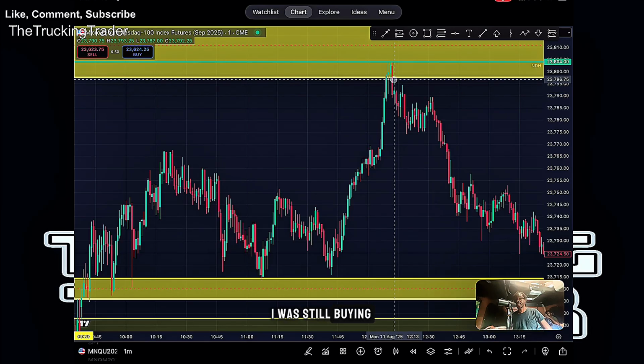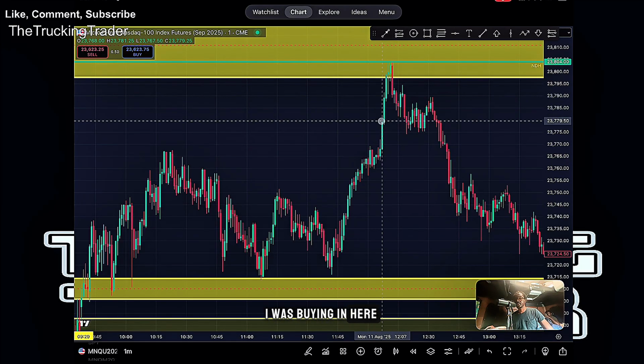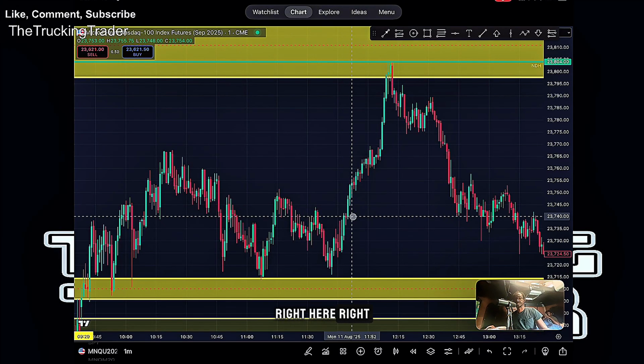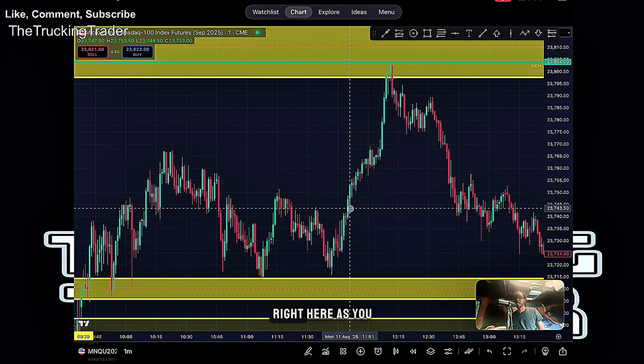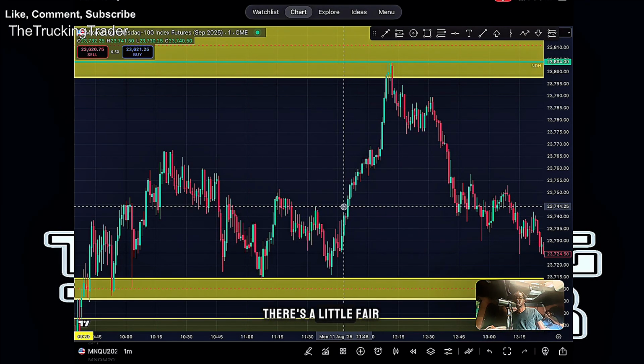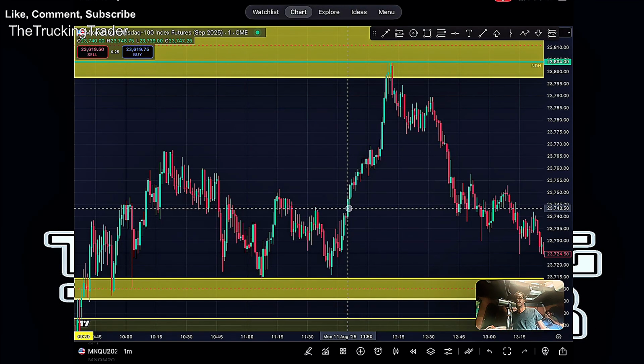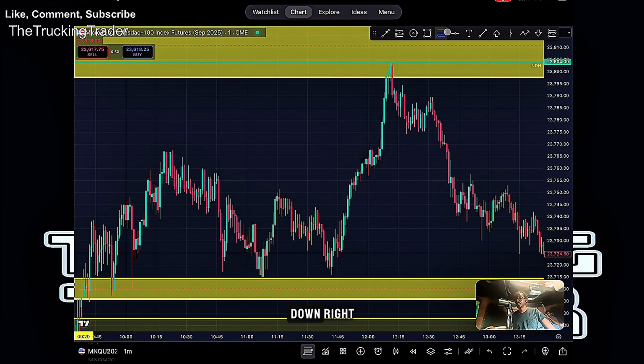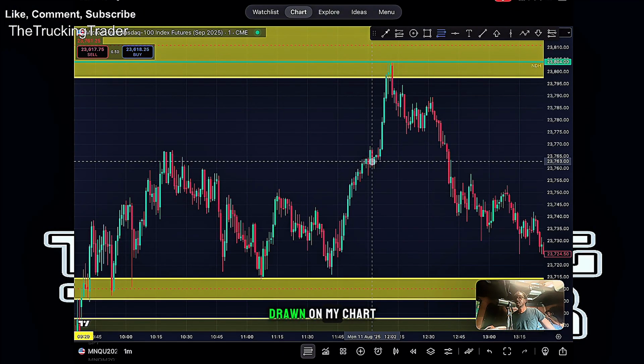Now, as we're selling off, I will be honest with you guys, I was still buying, right? I was buying in here, looking for this to be the breakaway gap right here, right? So I was looking for this little area right here. As you guys can see, there's a little fair value gap right in there. I had my stop loss in here, and as the market came down, right, I had a Fibonacci drawn on my chart like this,